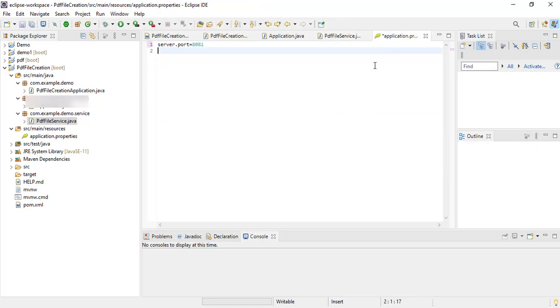Inside this application.properties file, I configure the port number server.port. I configure the port number as 8081. This is for the Tomcat server and save this file.